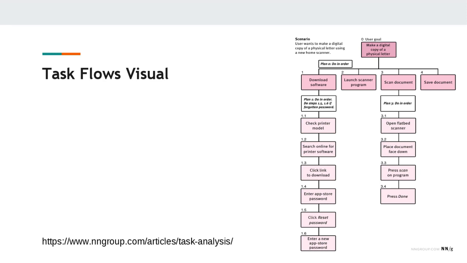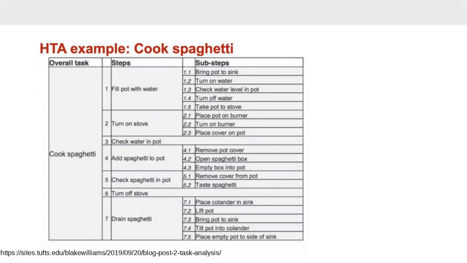You will talk about the search result, and you're going to be a lot more detailed, really specific to the website. Here it's specific to a scanner, but it was hard to define the task flow without a technology. But if you think of our example of spaghetti, this is how we cook spaghetti in general. But if you wanted to move this online and explain it to someone online,